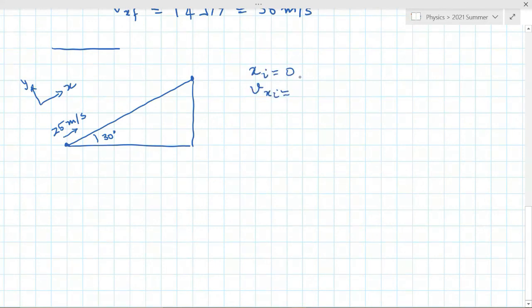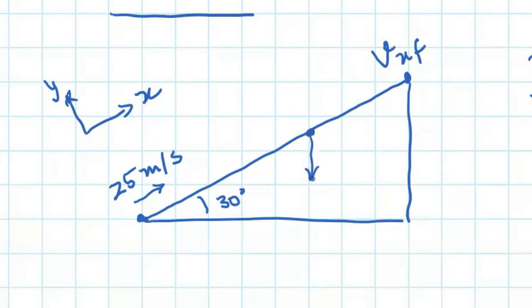Initial speed along x-axis is 25. We do know that it traveled for 2 seconds. So the time it takes to get to the top is 2 seconds. And we want to know what's the final speed at the top. X final, we do not know, but that's not what we're after. This is gravity acting downwards,